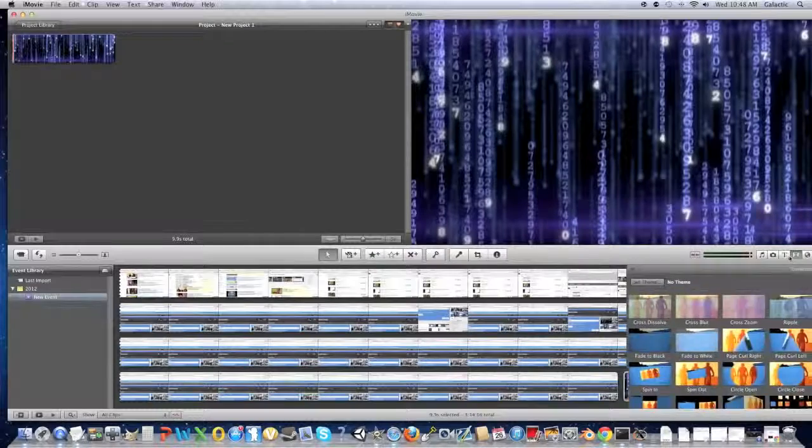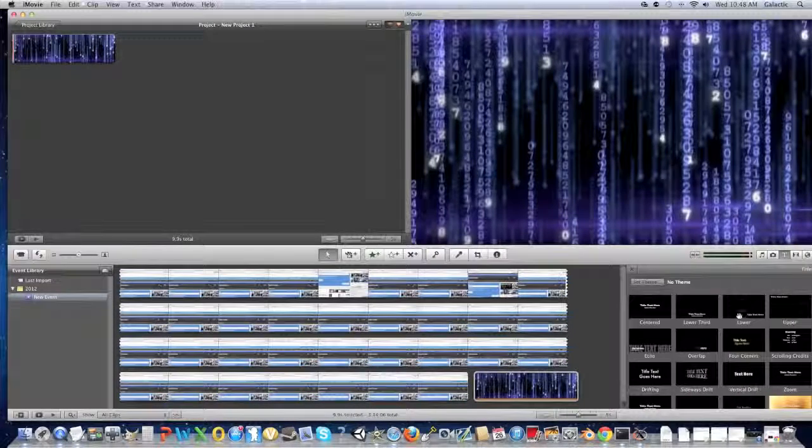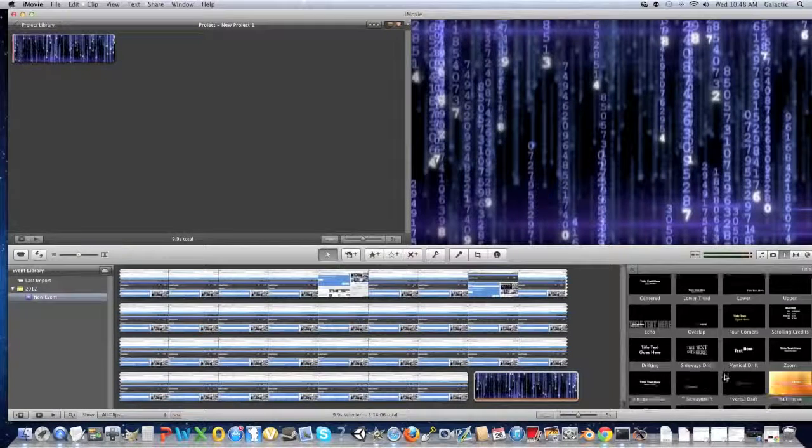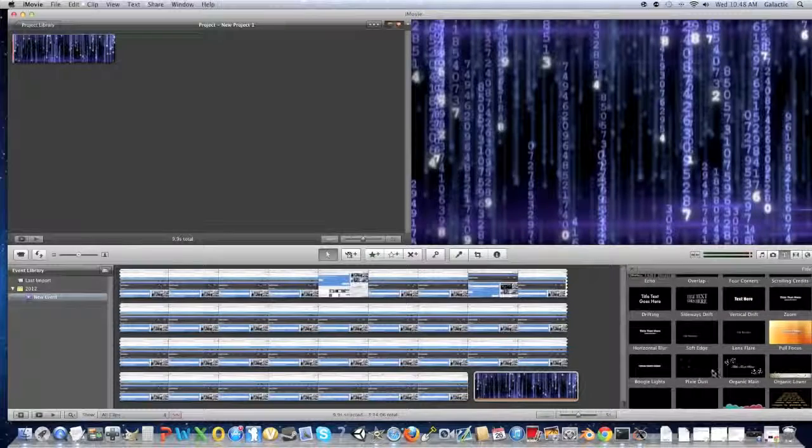Anyway, so just drag in some random text. Preferably moving text, because no one really wants to see the numbers move while the text doesn't. So I feel like using